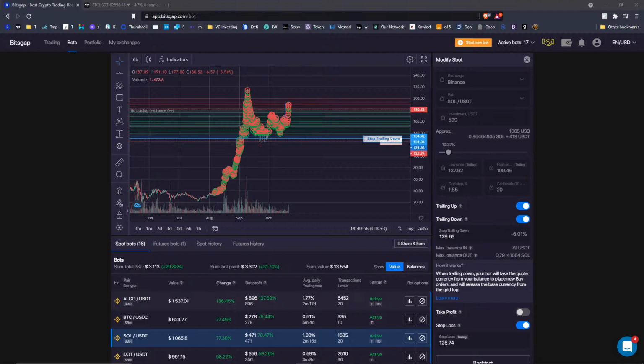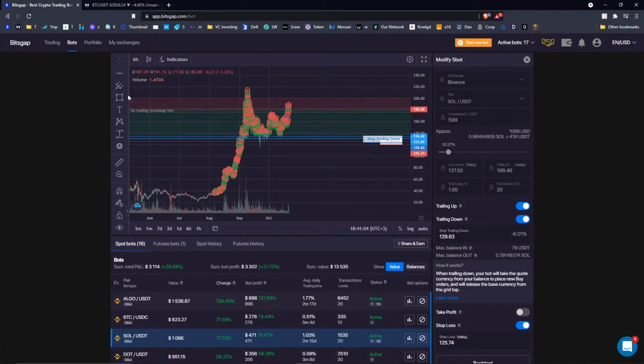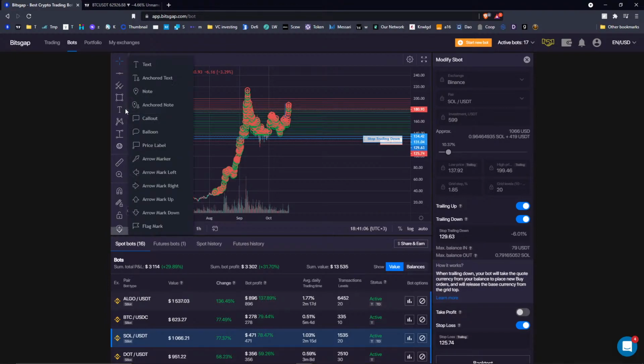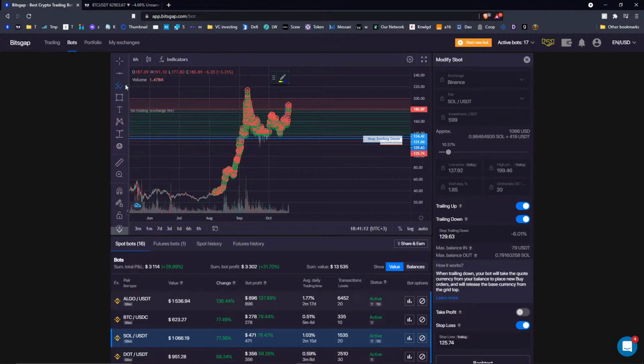Yes, the volume profile is not in Bitsgap, because that's a tool only available here on TradingView, okay? But still, on Bitsgap you have essential tools to plot all of these support and resistance lines. So yes, of course, ideally it would be great to have volume profile here at Bitsgap. It's just that this feature is not our first priority, okay?